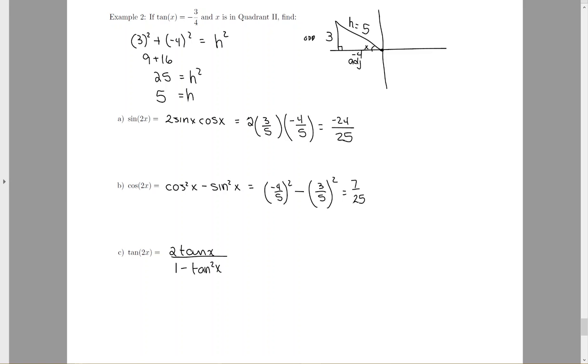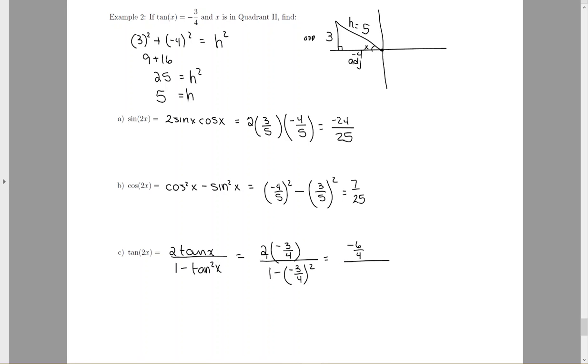And then again, it's your option. You can go through the formula and figure out tangent 2x, or you can just do sine 2x divided by cosine 2x, and figure it out. We'll use the formula this time, just to work that out. 2 times tangent is already given to us, -3/4, divided by 1 minus -3/4 squared. All right, so on top, you can multiply just straight across, -6/4